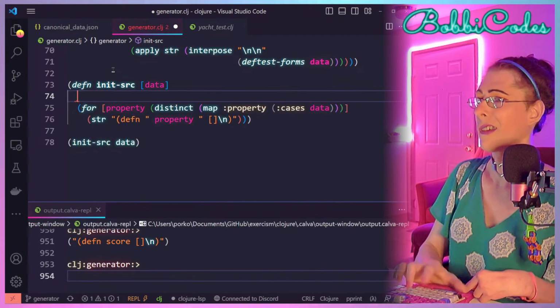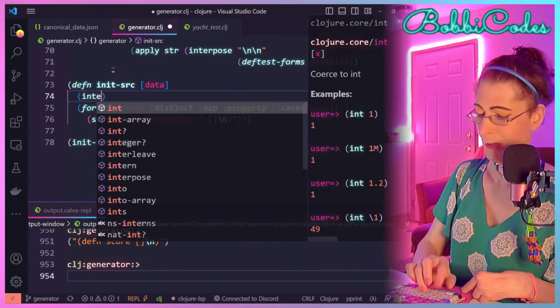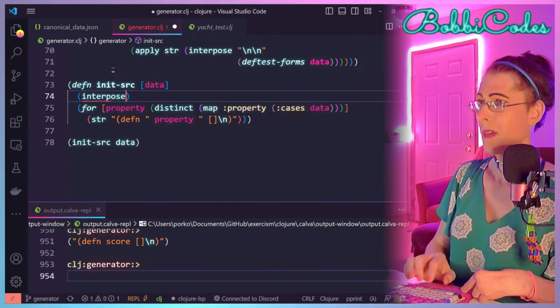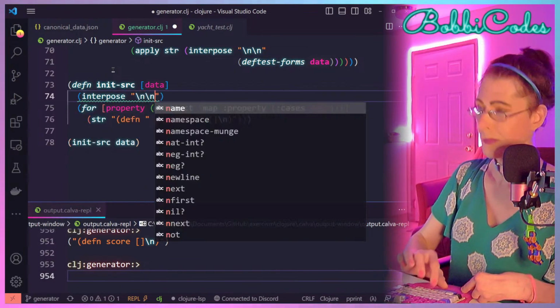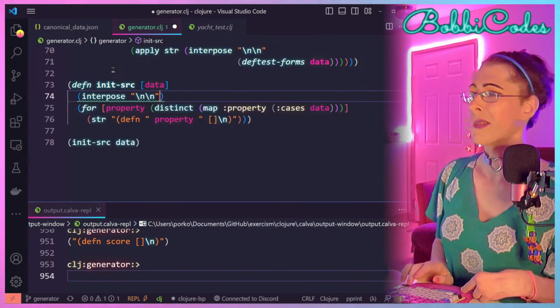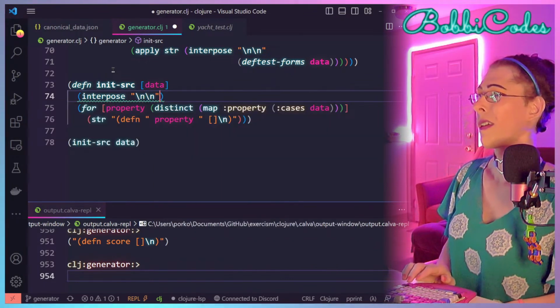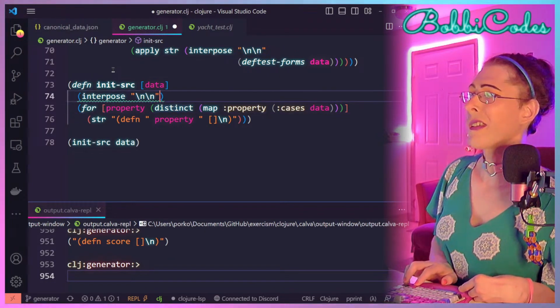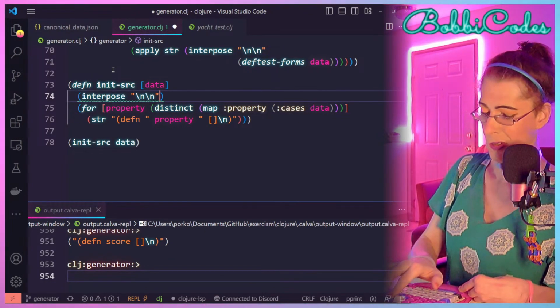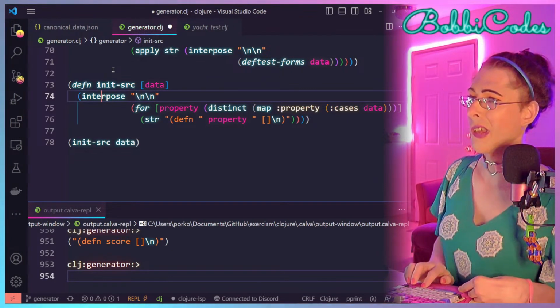Whoops. We'll interpose a blank space in between each function definition and then turn it into one string.